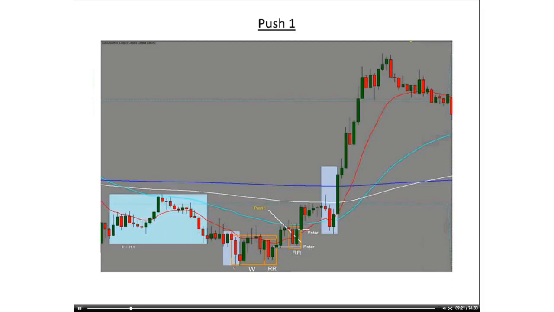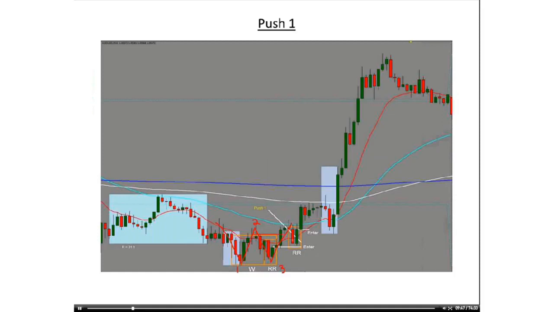Price broke out of, this is my 1, 2, 3 pattern, right? Here's the W, for those who can't see. All right, the 1, 2, 3 pattern, and it took out 2. That's why I drew the box right over here, right? Took out 2,